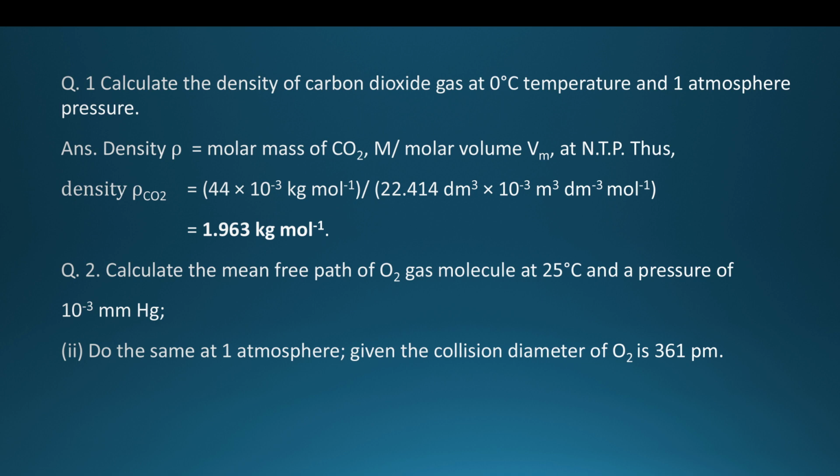First question reads, calculate the density of carbon dioxide gas at 0 degree Celsius temperature and 1 atmosphere pressure. The answer is like this. Density rho is given by molar mass of the compound M divided by molar volume at NTP. Thus,